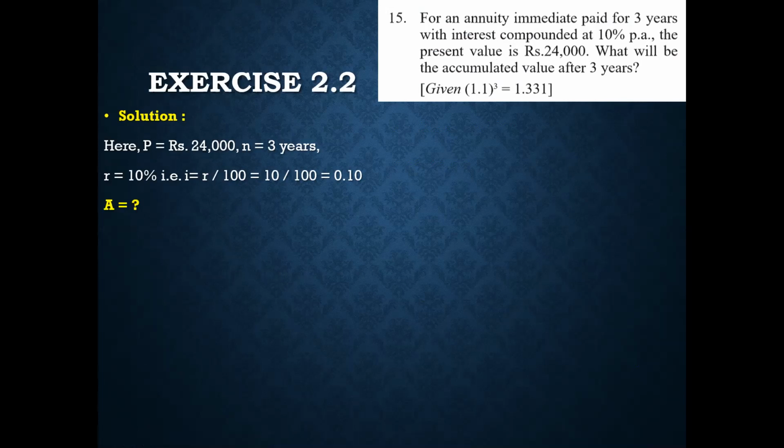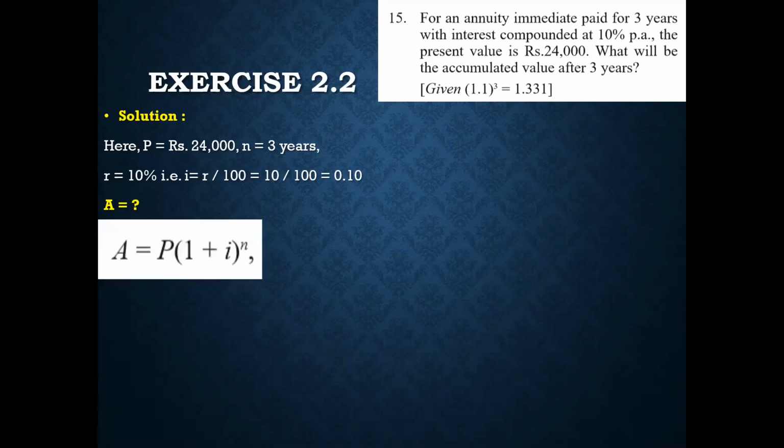So now class, tell me, which formula will you use? Should I use A is equal to C upon I? Because C is not given to me. So is there any other formula existing? Yes, formula number 3. Remember class, A is equal to P into (1 plus I) raised to N. Repeat after me: A is equal to P (1 plus I) raised to N. So by putting this formula, you get 24,000 into (1 plus 0.10) the whole cube. Forgive me for the mistake over there, it is 0.10 the whole cube. Which gives you 1.10 the whole cube.